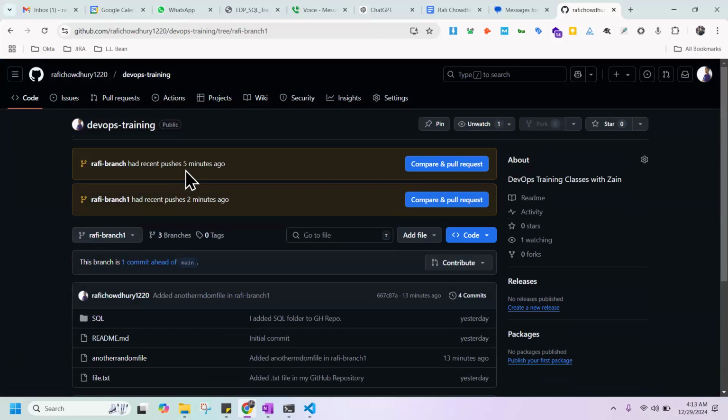Now your manager says, yes, your code is completed and now we want to merge this feature branch code into the main one, right? Because in the main branch, our code is not located. So we need to merge these branches into the main one. And how can we do it? Here you can see the compare and pull request option, right? So you can go one by one and click on compare and pull request.